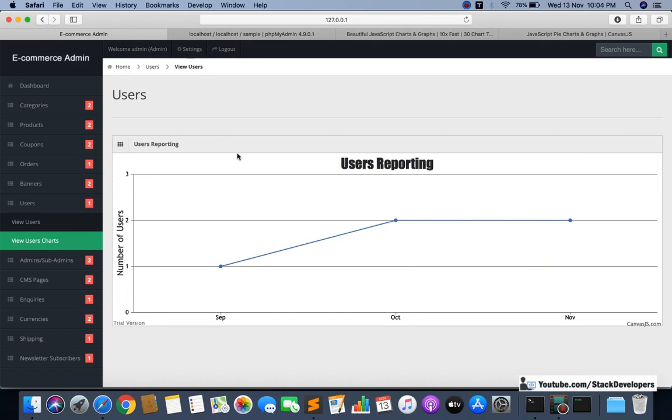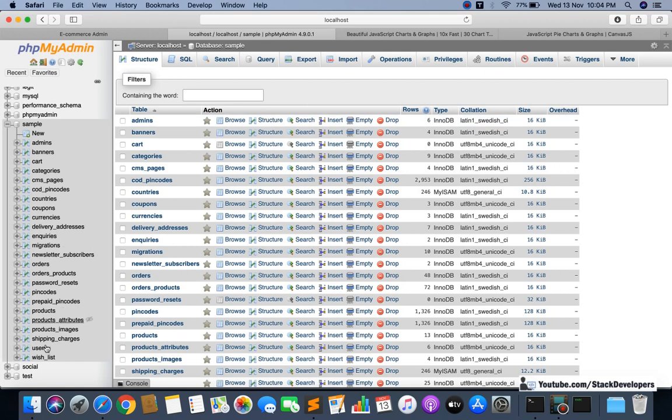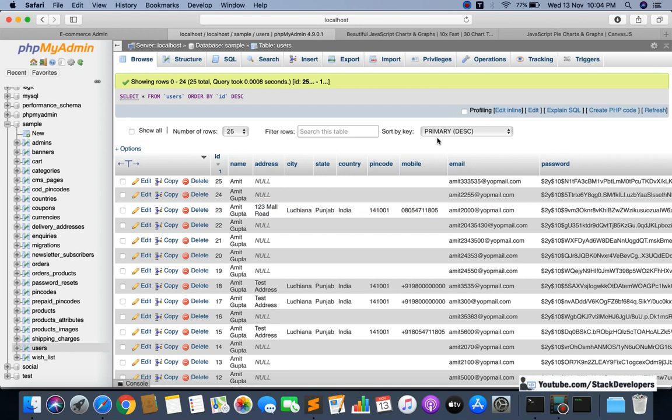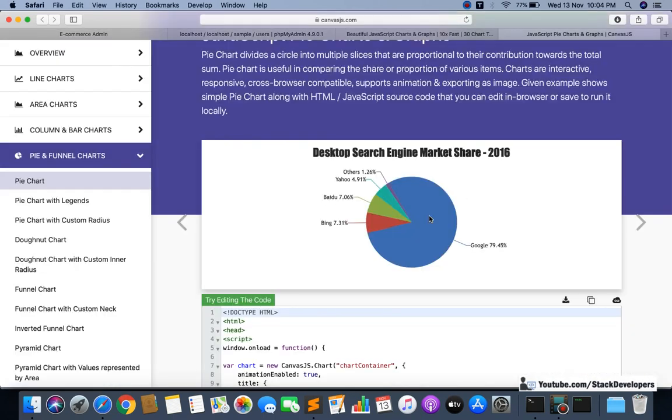So this pie chart we are going to work on, and we will start working for users. Now we are going to do users reporting once again, and this time we are going to do users reporting based on their countries. In this pie chart, we are going to show users from different countries, like from India how many users are there. Like if there are 500 users registered in our website from India, and this is the maximum, like 70%, 80%. So we are going to make this kind of chart, make the proportion here, like the maximum proportion is for India,